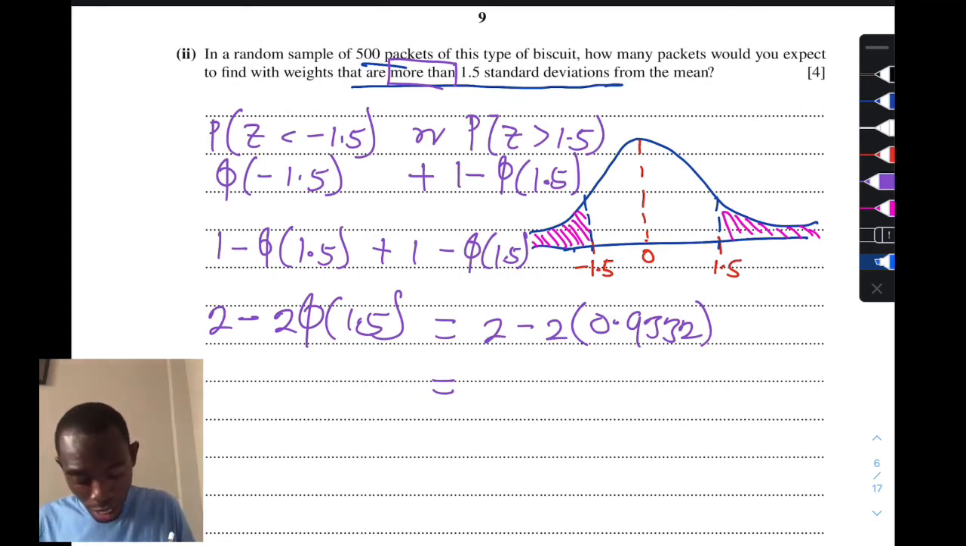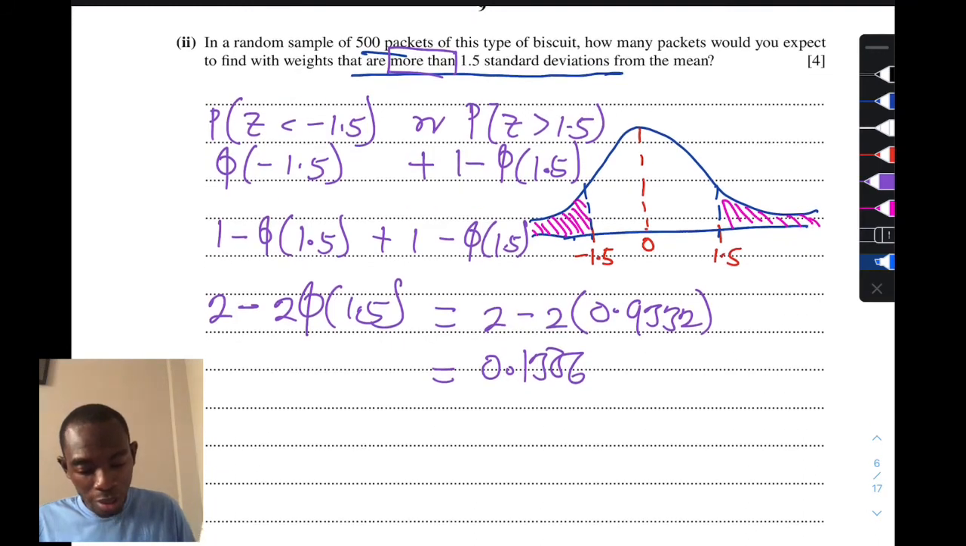All right, so that would be 0.1336. Great, so that's a probability. But they want what? A sample of 500. So we are just going to do the number of biscuits or packs or what? I mean, let's just write packs. Okay, number of packs will be equal to